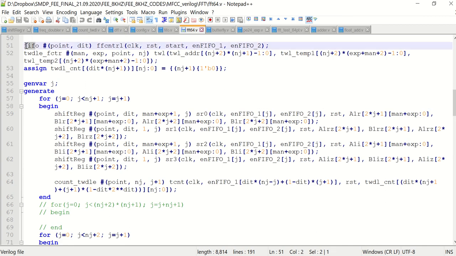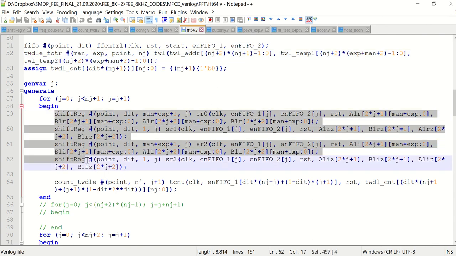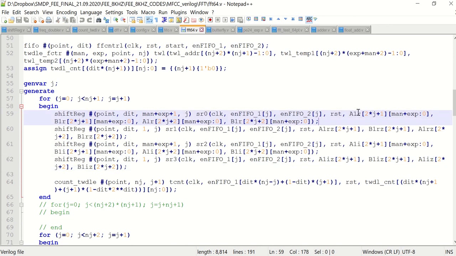So first we had a FIFO for proper inputs, and then we computed the twiddle factor, and we have a shift register over here. To shift each clock cycle, we need to have a proper input obtained. For that, for the real part we have one shift register, and for the hidden bit of the real part we have one more shift register. For the imaginary part we have one shift register, and for the imaginary part's hidden bit we have one more shift register.